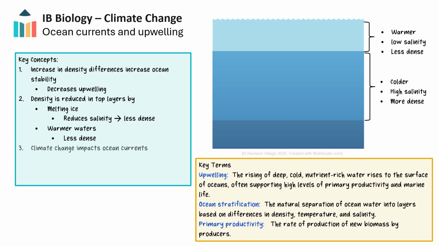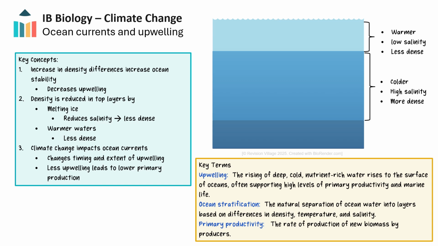Climate change significantly impacts ocean currents and circulation, altering the timing and extent of nutrient upwelling. Warmer surface water blocks nutrient-rich deeper water from rising, reducing primary production in areas like upwelling zones. Since phytoplankton are the foundation of marine food chains, this decline in productivity affects biodiversity, energy availability, and the overall